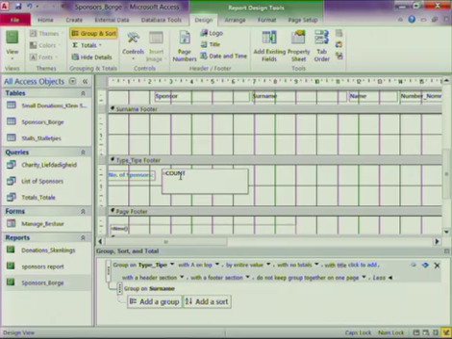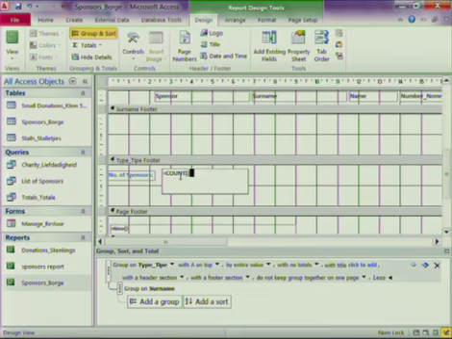Now, grade 12s, you've got to remember that unlike Excel, there are no ranges to put in your function. So you have to use the field names. And remember that your field names are always typed in square brackets, and they are case sensitive. So you have to type them exactly the same way that they are typed in the actual field name. So I'm going to start off with a round bracket, then a square bracket, and I'm going to count sponsor. I'm going to close the square bracket and close the round bracket,